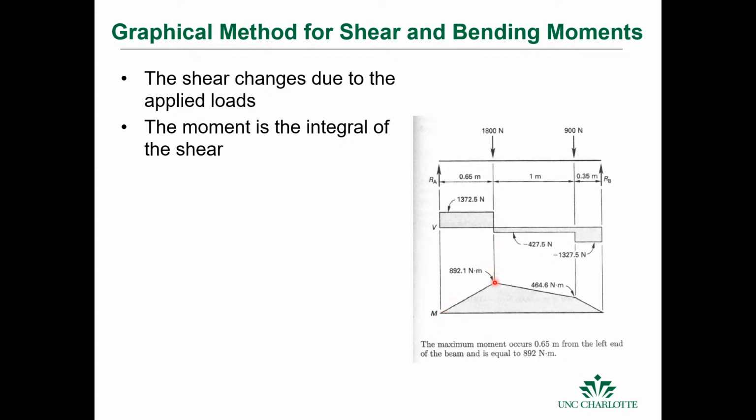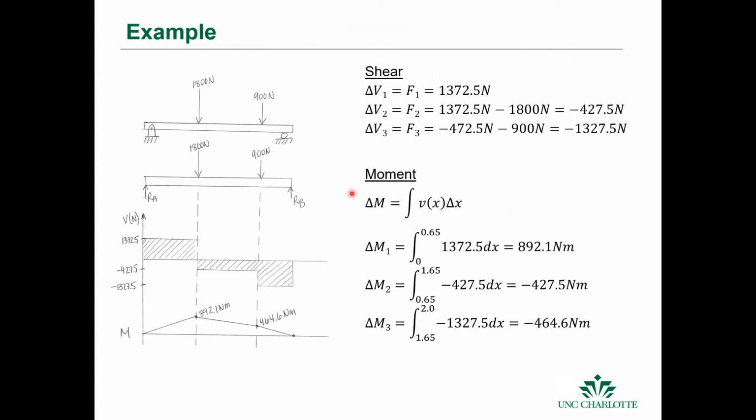Note that when you have an inflection point, you have a change in direction of the shear. Okay, so this goes from positive slope to negative slope. When you have that, you have a change in direction here. And then here you have a step change, which you go from negative to more negative. This is another example where you can calculate these by integration. The relationship's really just pretty simple, though.